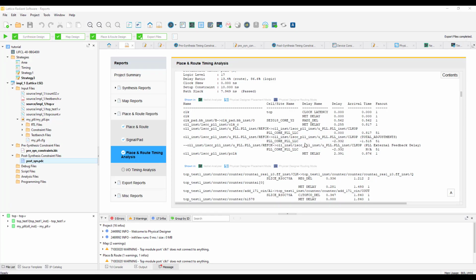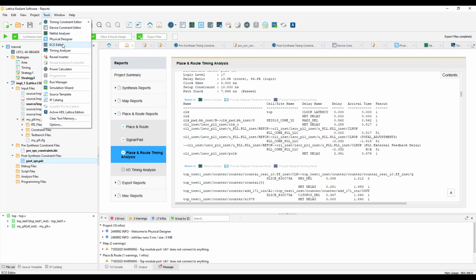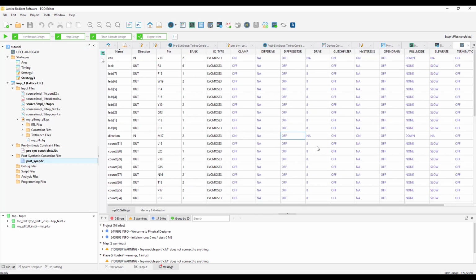If you want to make certain changes to the design post place and route, you can use the engineering change order or the ECO editor that is provided along with the Lattice Radiant software. This ECO editor can be used to correct errors found in the hardware model during debugging, or to facilitate design specification changes when problems are introduced with the integration of other FPGAs or components in your board PC design.